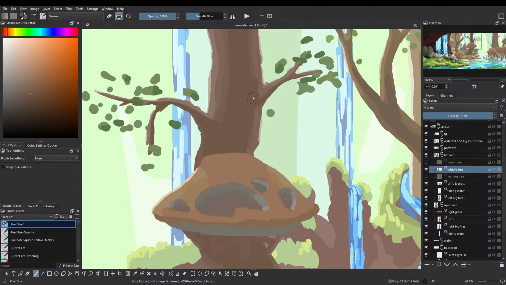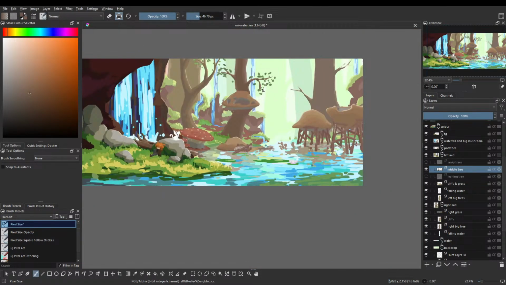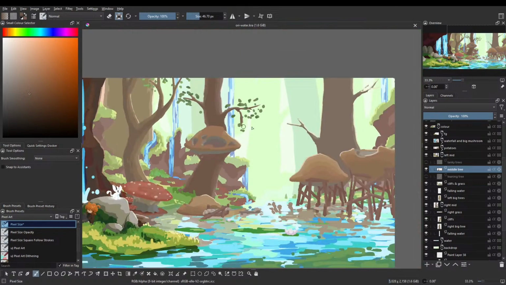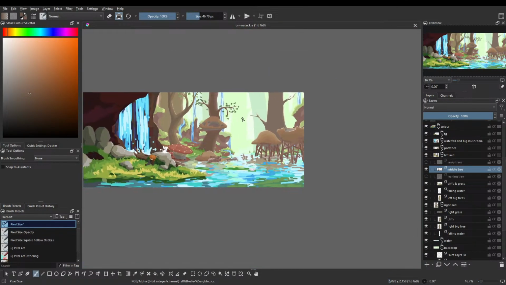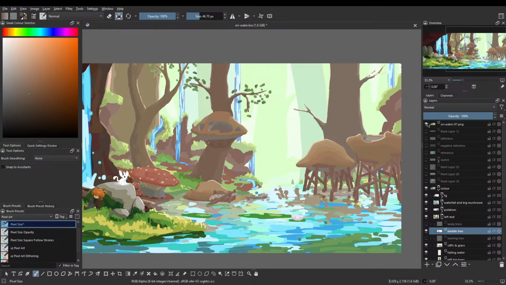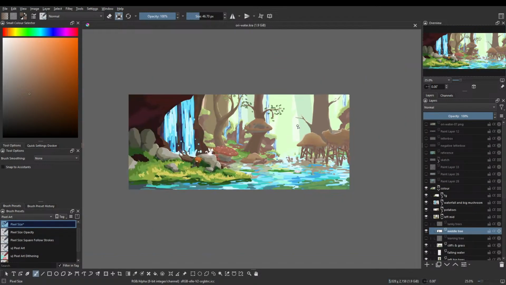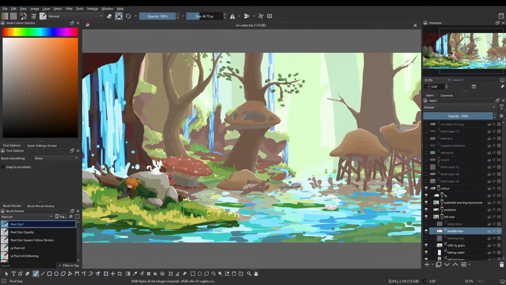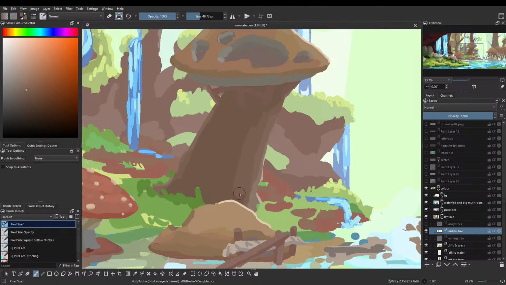Right. Now the pop quiz of the day is, does this tree look better, or did I just make it darker? Because I did make it darker for sure, but that might actually be a good idea. Let's compare with the original. I mean, it certainly looks more 3D. But does it look better, though? I'm thinking maybe a little bit of this could go a long way.